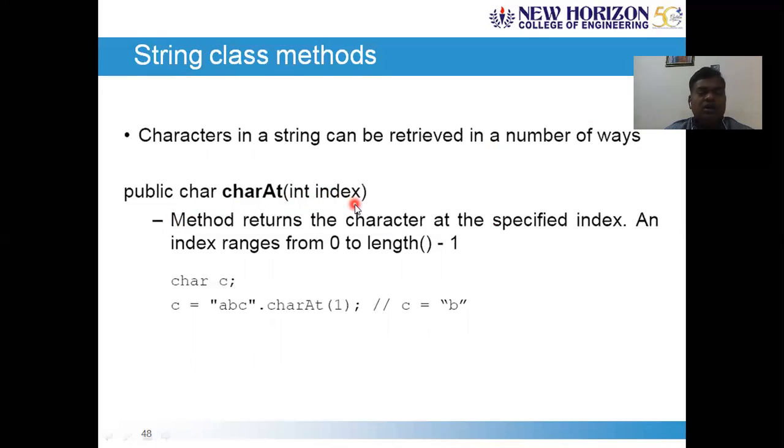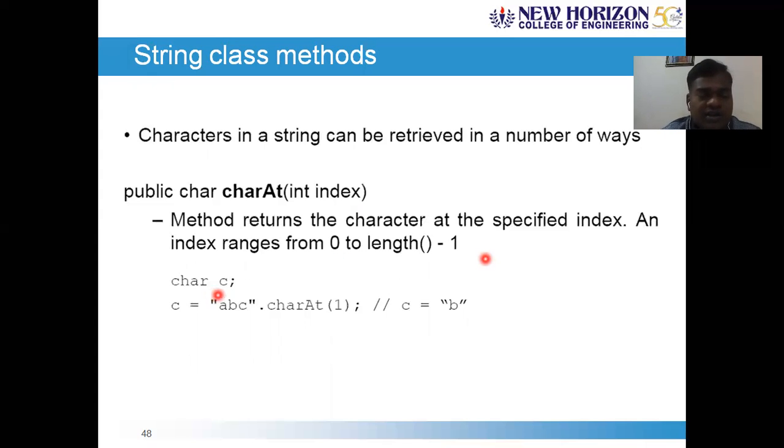If I would like to know what character is located at a specific index value, you can use the charAt method, which returns the character present in the invoking string at that index. If the index is not valid, then it returns -1. The total number of index values ranges from 0 to length minus 1. If the length of your string is say 10, your indexing starts from 0 to 9, because 10 minus 1 is 9.